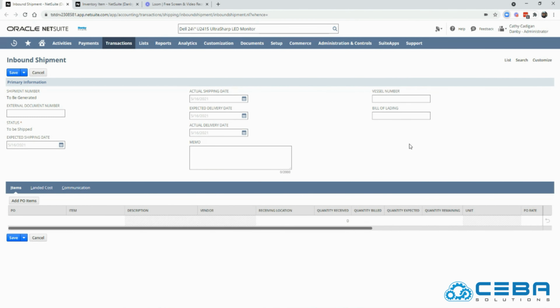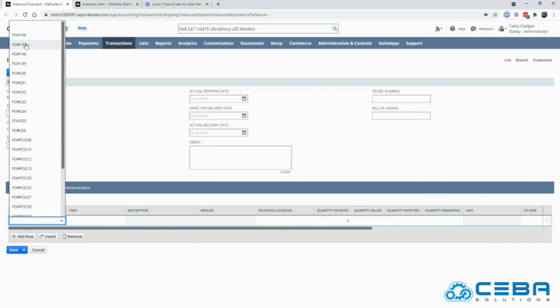Alright, I'm at NetSuite's inbound shipment page, and this transaction will allow us to manage the entire inbound shipment receiving process from one or more vendors. Let's go ahead and start building our inbound shipment, and this could take many forms, but we'll simulate a container being shipped from overseas perhaps to our Chicago facility. And what we can actually do here is enter multiple purchase orders, and they don't have to be from the same supplier or manufacturer. We could load up a single container overseas with multiple purchase orders, which I'll do right